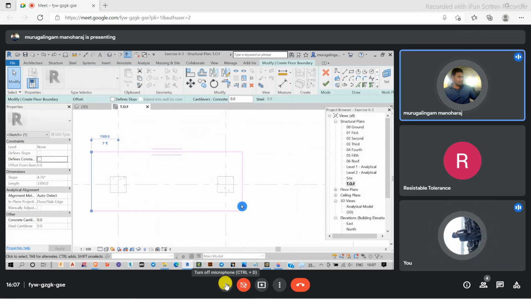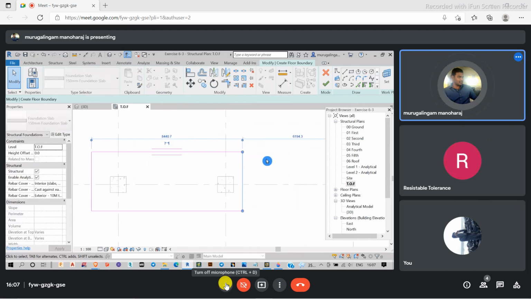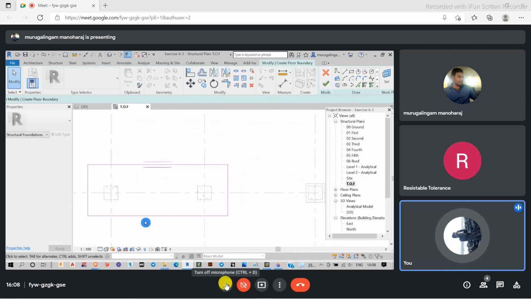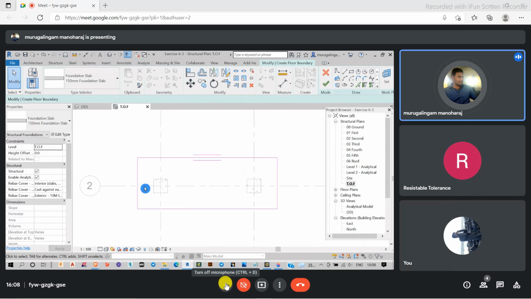In the same way, I'm going to select here. This is my witness line, and I'm going to adjust it. If you drop your witness line like this, it's not going to change. So what I have to do is solve this one and bring it up to this point. Then I have to give the values. In the same way, I'm going to give my projections in this direction also.